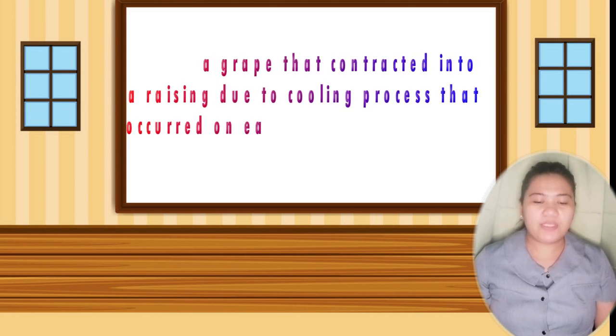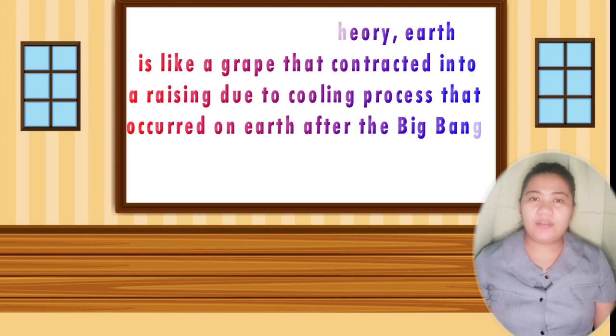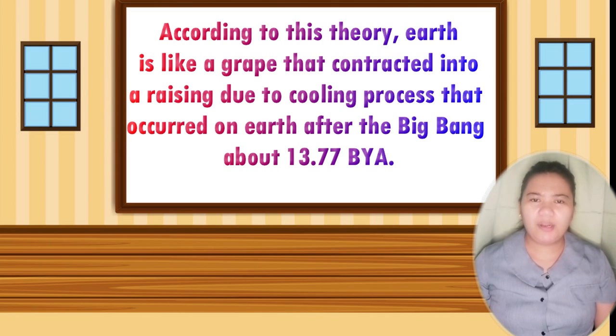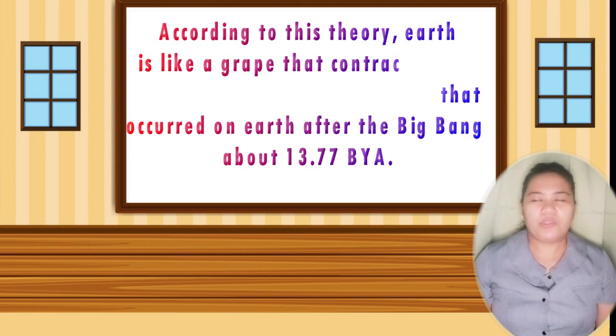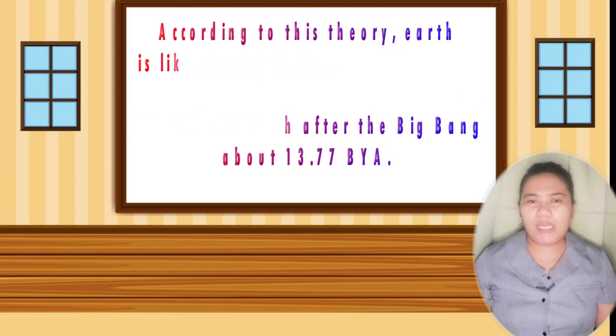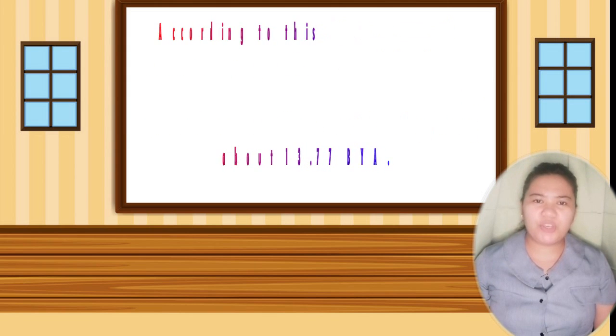So to begin with, in the beginning of the 20th century, many scientists explained the physical attributes of Earth using the raisin theory. According to this theory, Earth is like a grape that contracted into a raisin due to the cooling process that occurred on Earth after the Big Bang about 13.77 billion years ago. So they believe that due to this cooling and contraction effect,